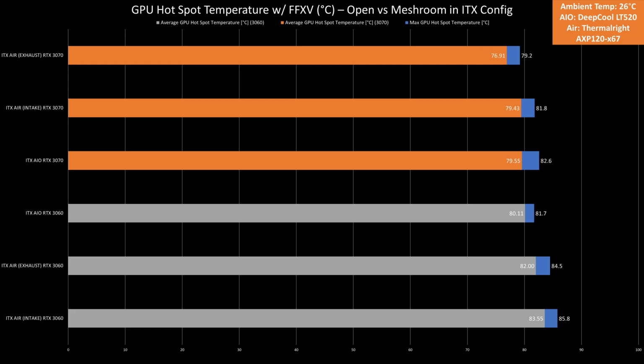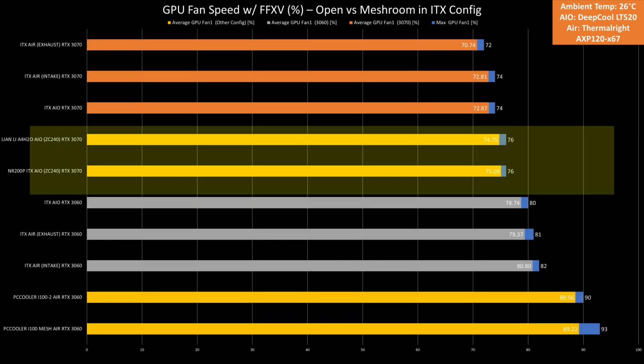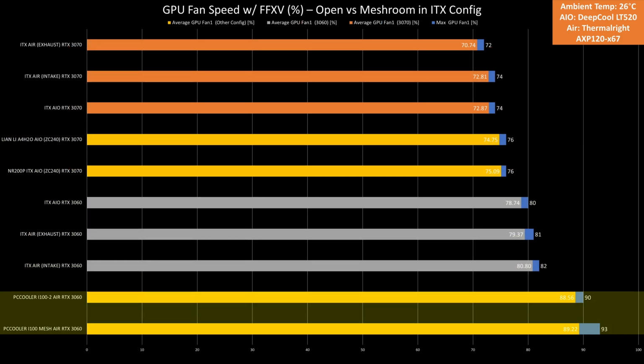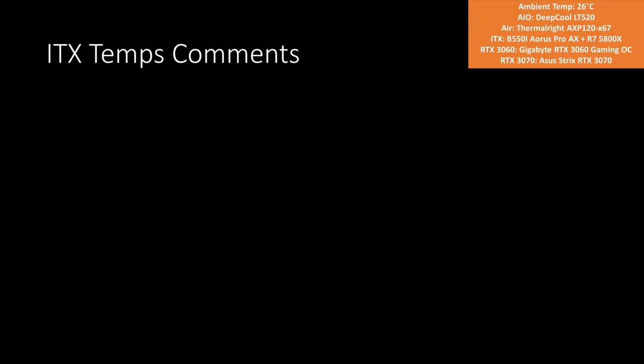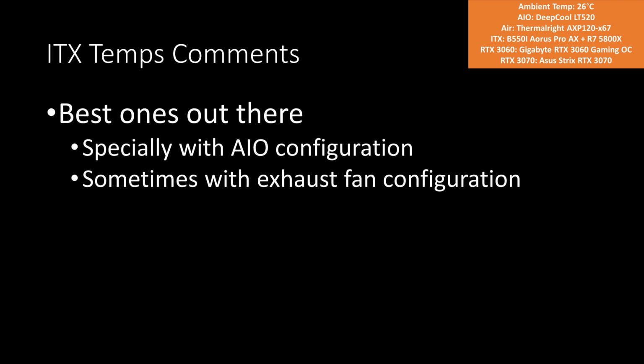Celsius depending on configuration. The same goes for the GPU fan speed, and it goes to show that it doesn't need to work hard to maintain those temperatures. The same goes with the A4H2 and NR200P, while PC cooler, well, I already told its story previously. Overall, the temps in ITX are the best ones out there, especially in AIO configuration and sometimes in exhaust configuration